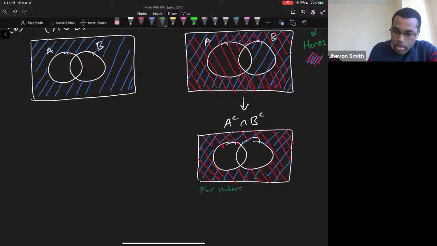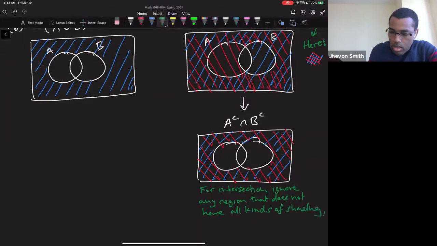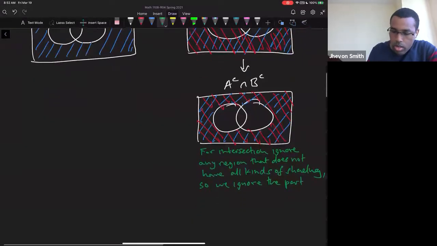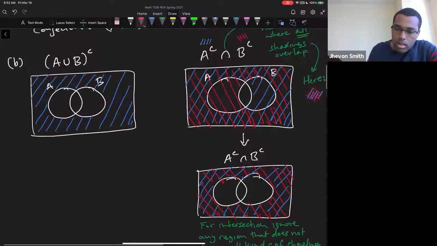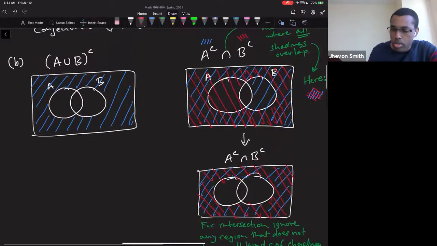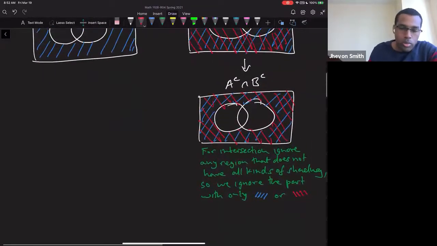For intersection, ignore any region that does not have all kinds of shading. So we ignore the part with only blue or only red. You'll notice that inside the A circle, there was only red, while inside the B circle, there was only blue. We ignore those parts for the intersection. And so what we get